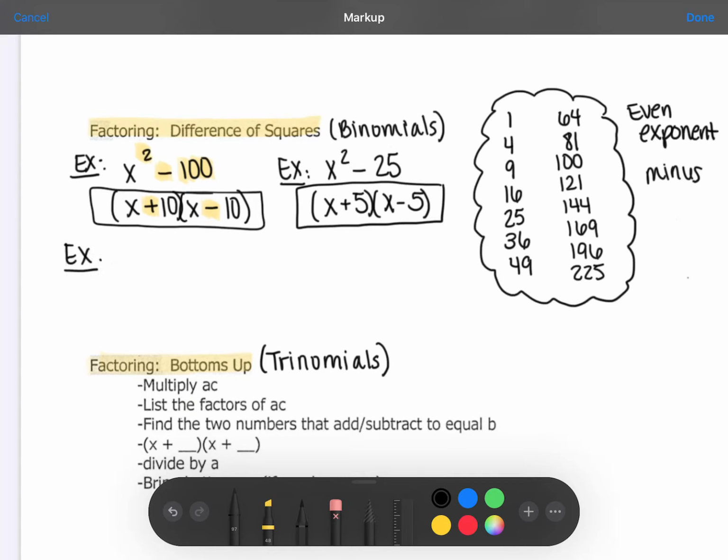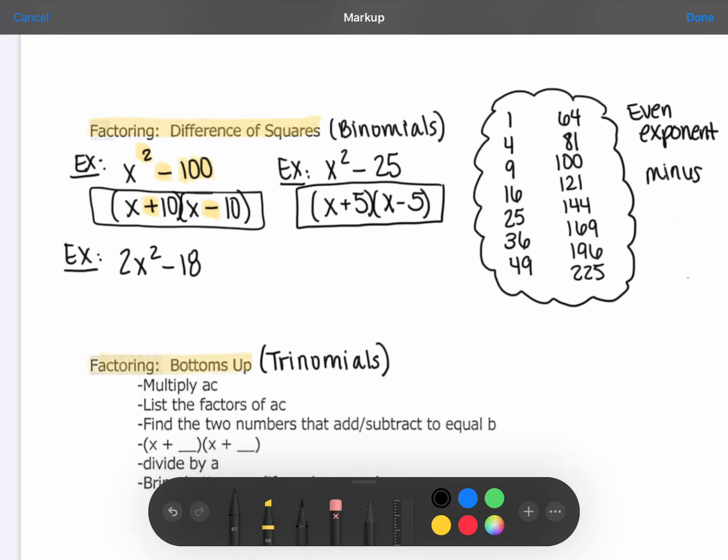And then another example I'm going to show you. I have to make up a problem real quick. Okay, so if I have 2x squared minus 18. All right, so this is not difference of squares because I don't have a 2 in my list of perfect numbers, and I don't have an 18 in my list of perfect numbers, but I do have an even exponent